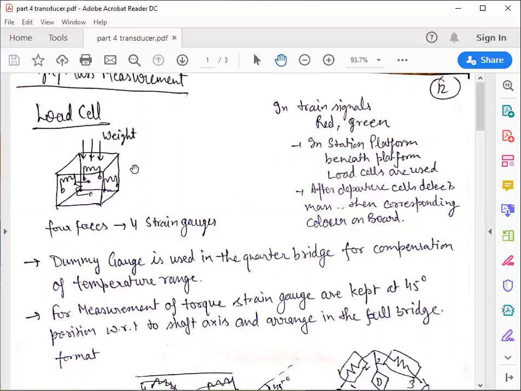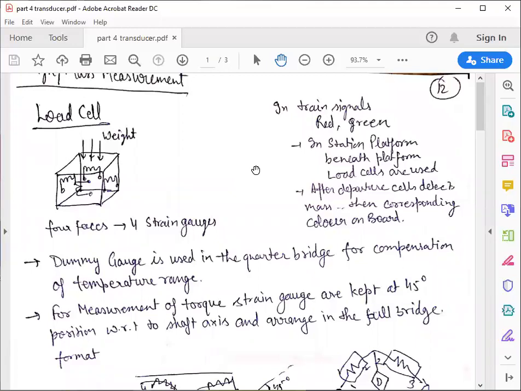strain gauge. Here, a load cell has a cubic structure. Each of the four side surfaces has one strain gauge, and the top and bottom surfaces are empty. Here, the top surface is used to measure the weight. Basically, the load cell is used in train signals, red or green, at a station platform. It basically measures the weight